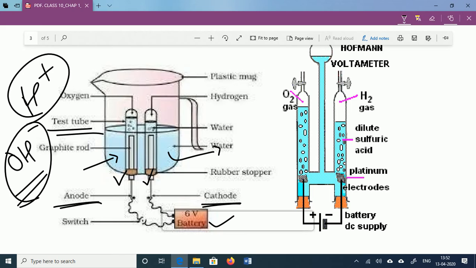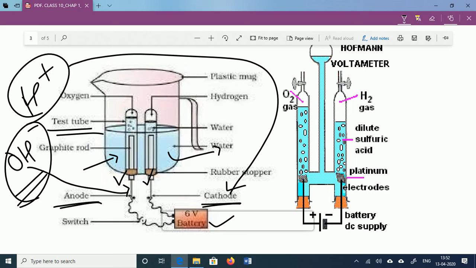Anode means the positive pole and cathode means the negative pole. So the negative pole will definitely attract the positive ion. So H plus is attracted toward the cathode and OH minus is attracted toward the anode, right? Here this one is the anode electrode and this one is the cathode electrode. So toward the cathode electrode H plus ion is going to be attracted and toward the anode electrode OH minus is